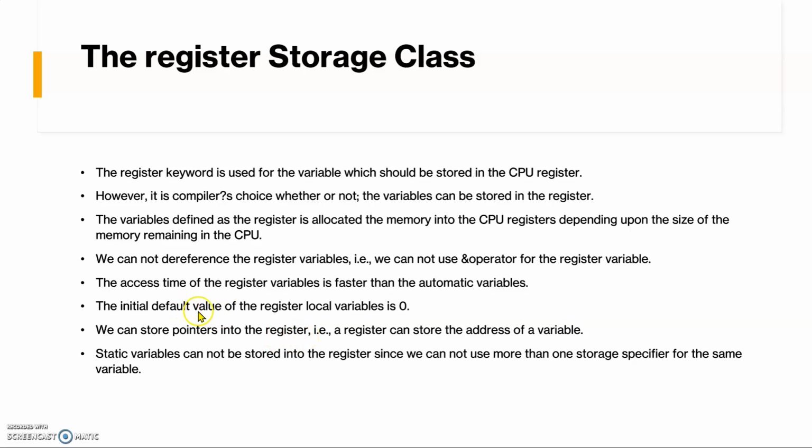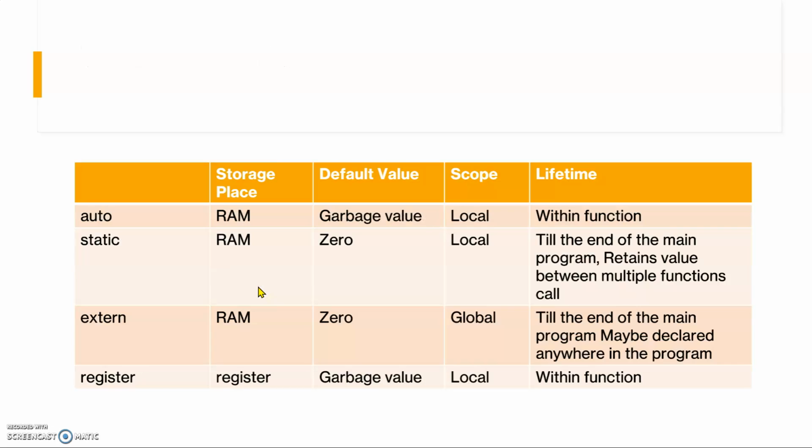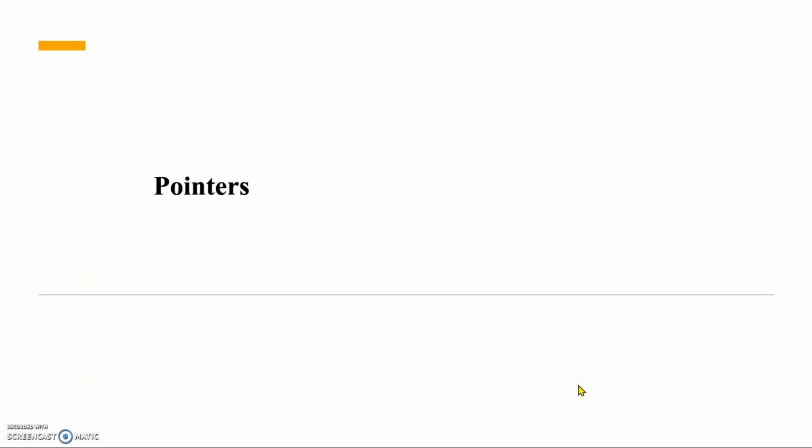Got it, all of you? And the initial value for a register variable, which is a local variable, will be garbage. Register variables should always be local variables only. And whenever you use registers, it will be accessed faster. That means we can get the variable's value in less time. So with this, we can see the storage place is register, garbage value will be the initial value, and the scope will be local and within the function. With this, we'll come to